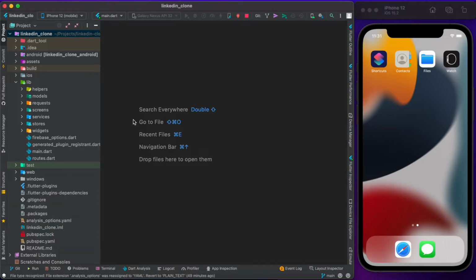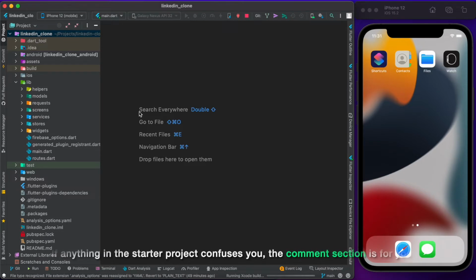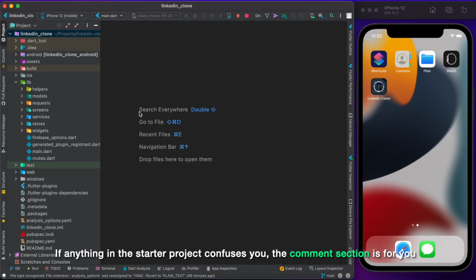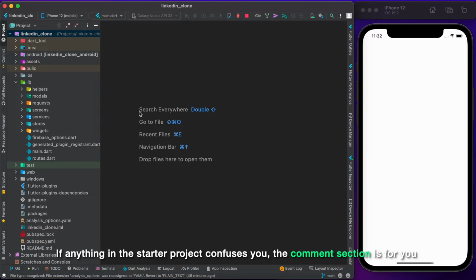so that we save some time. First of all, I would like to mention that this particular starter project is not a very basic project, because it's actually connected to Firebase, and we are making use of Cloud Firestore and Firebase authentication, as well as app-wide state management using MobX and providers.